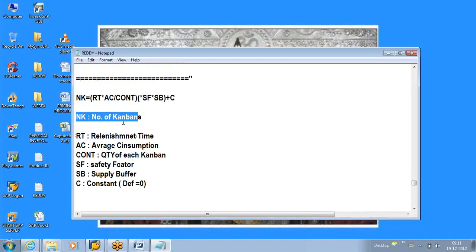Number of Kanbans required if I know the replenishment lead time, if I know the average consumption, and if I know the quantity of each Kanban, and how much safety factor I am going to give, whether it is 1, 1.2 or something like that, and how much supply buffer I am going to give. Say for example, this is 1 into 1, or replenishment lead time is say, and average consumption is say